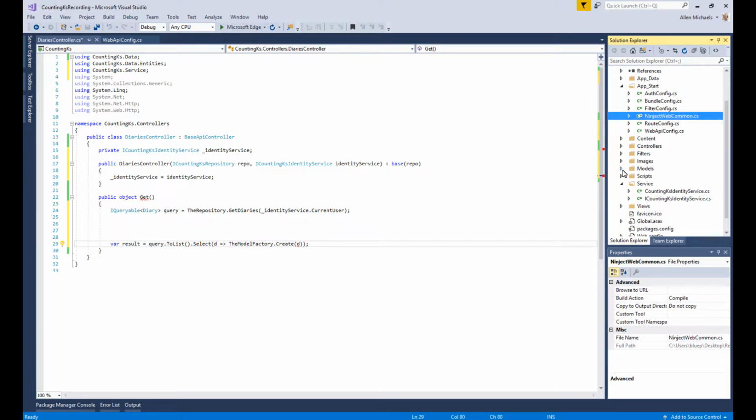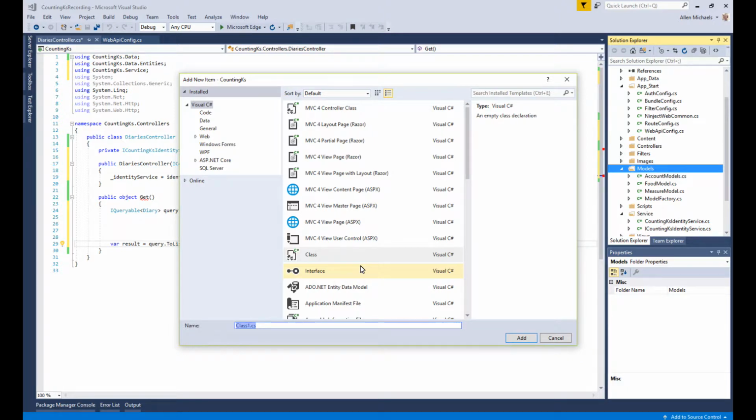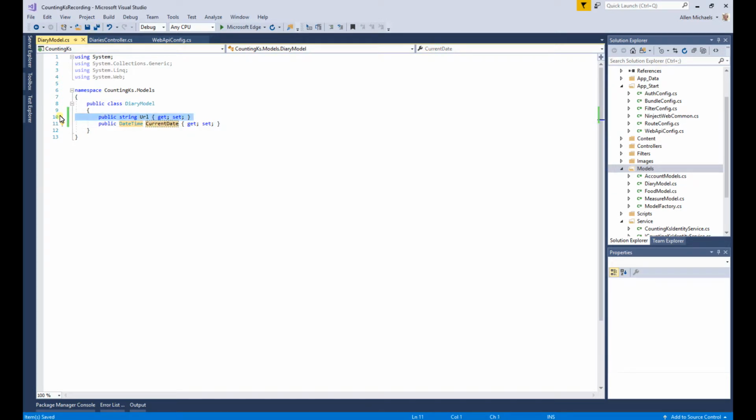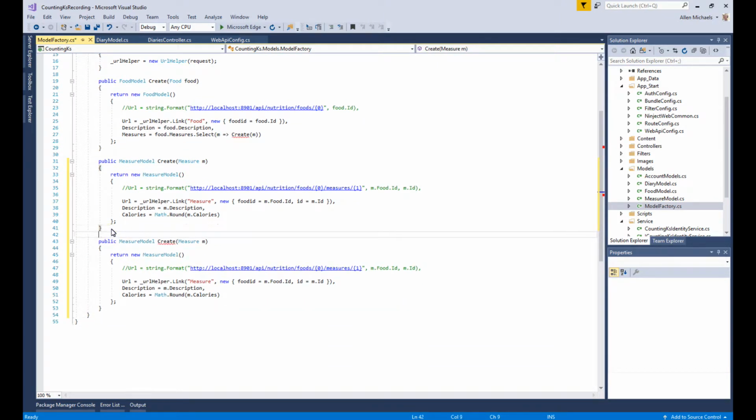So first thing we need to do is in our models, we need to add our model for a diary, call it a diary model. So our diary model is going to have two properties for our URL and current date. And then our factory itself, model factory, is going to need its own overload for our diary model create, takes diary, returns the diary model,